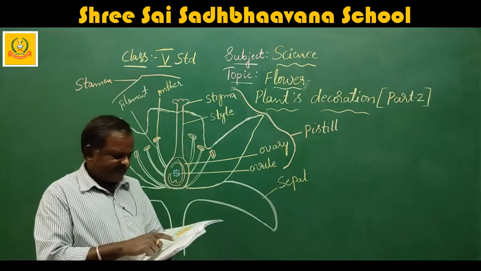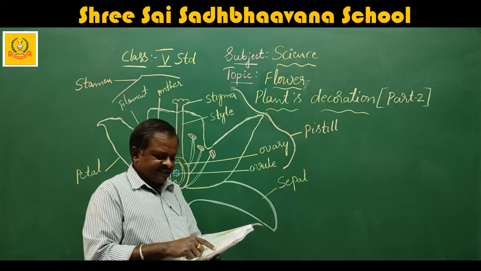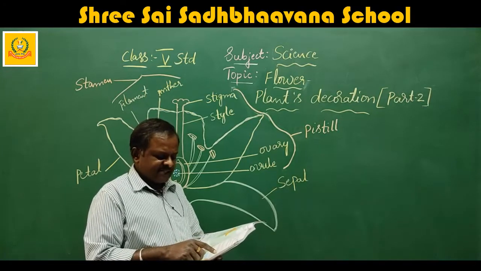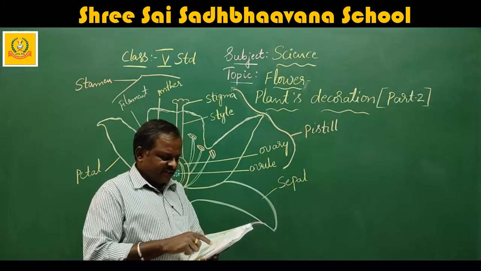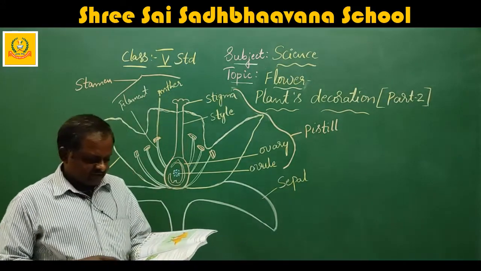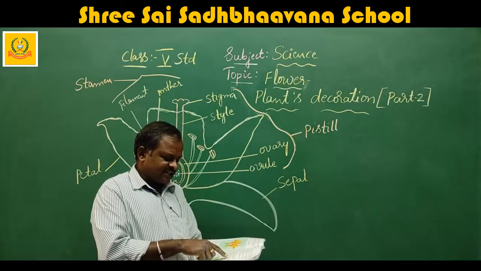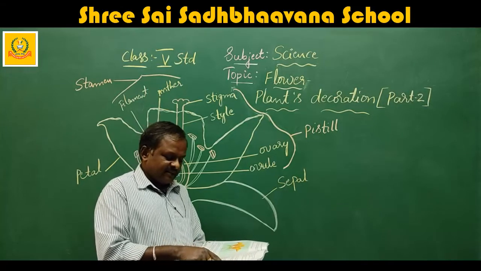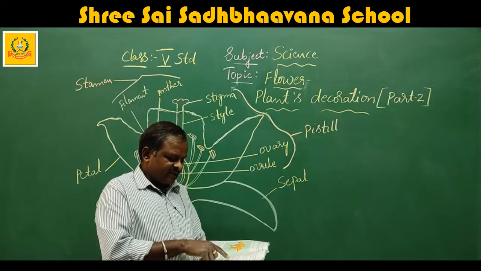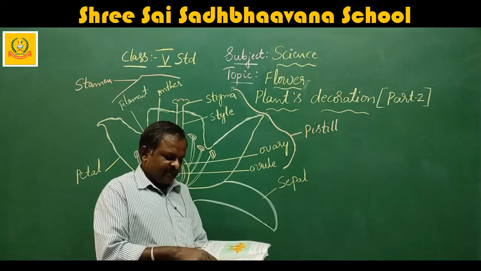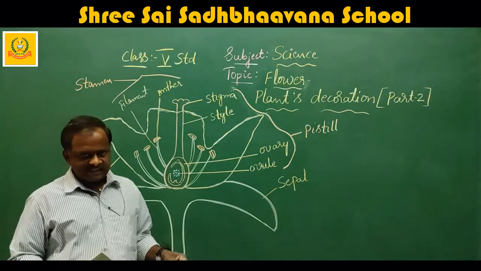Other parts, petal. It is the colorful and bright part of a flower. It attracts pollinators like insects and humans. That is why we buy and enjoy flowers. Sepal, the green and small parts that have a leaf-like structure at the base of a flower. It covers the outside of a flower bud, protecting the flower before it blooms. I hope you have seen the textbook.